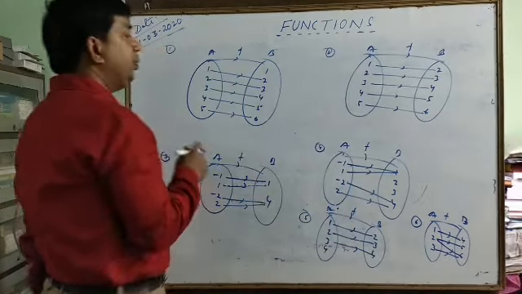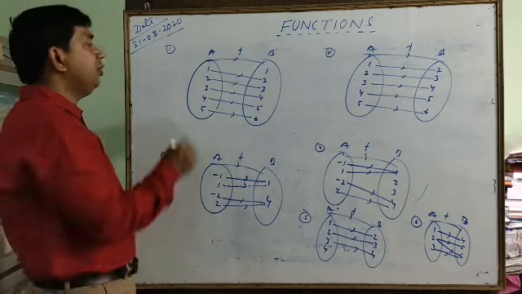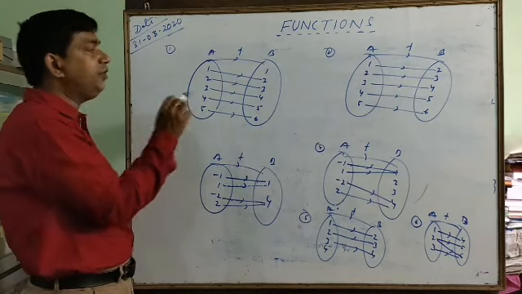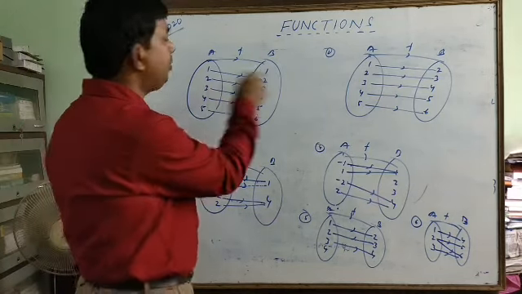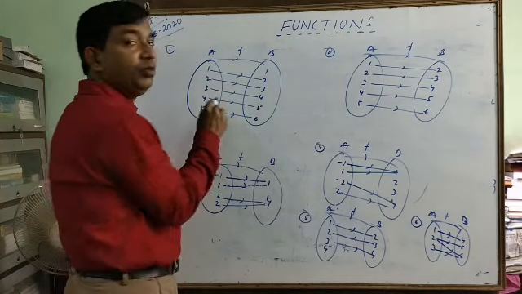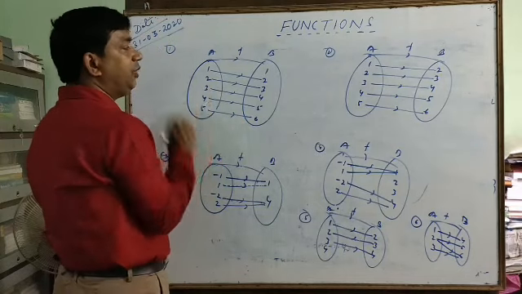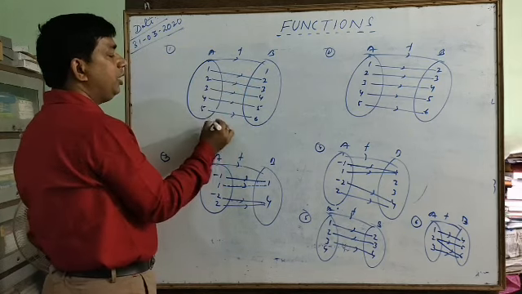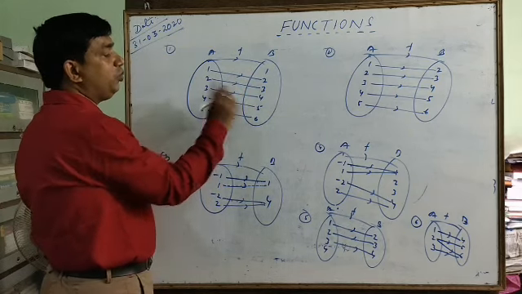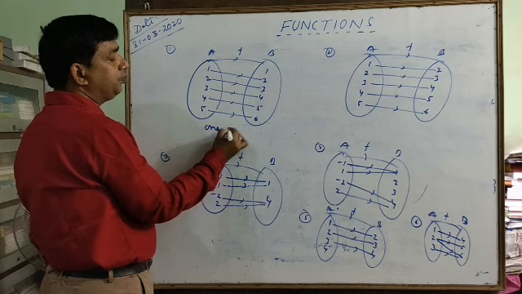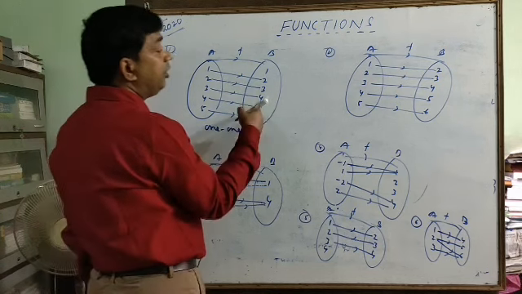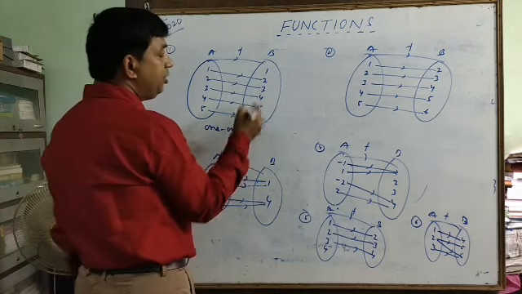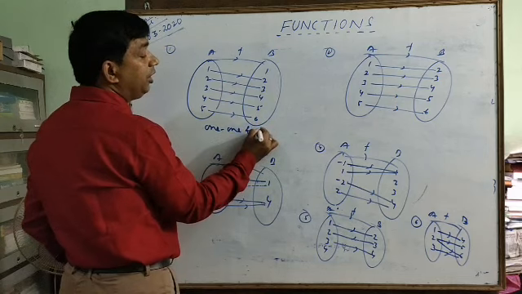Now, first of all, is this a function or not? According to the definition, it is a function. Why? Because every input having some output and no input having more than one output. So it is a function. And now after that, according to definition, which type is it? It is called one-to-one correspondence. So it is one-one. And the range and codomain are not same. So this is a one-one and into function.